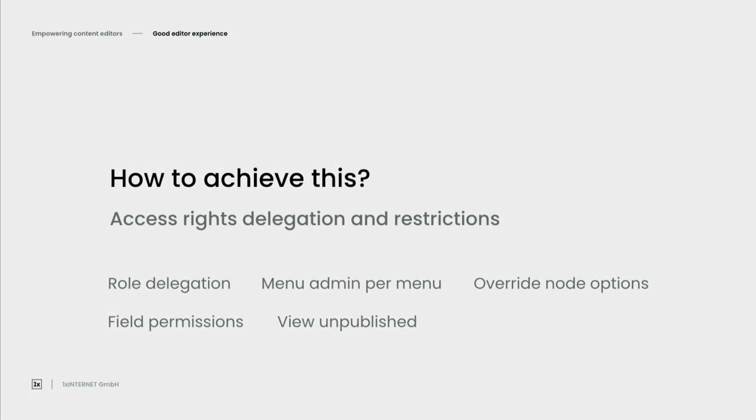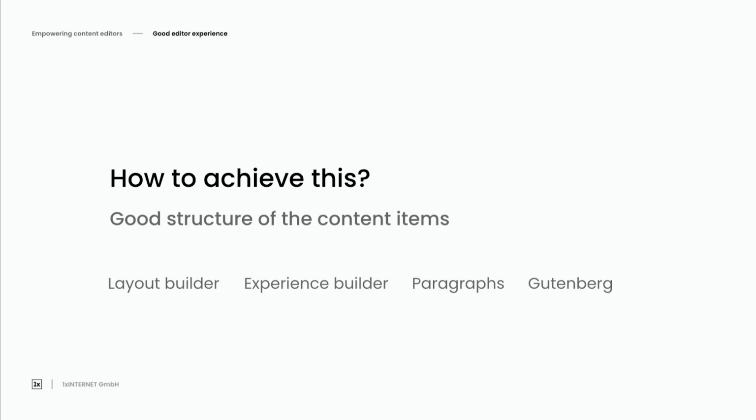Next step for developers would be to provide some access control. So you don't want your editors to create users, for example, or you don't want them to give other users some site administration permissions. Here come modules like Role Delegation, Field Permissions, Override Node Options and View Unpublished. So these small modules that we always skip are really not small in importance, but they are really small in, for example, code base, yet they are really powerful and can help you a lot.